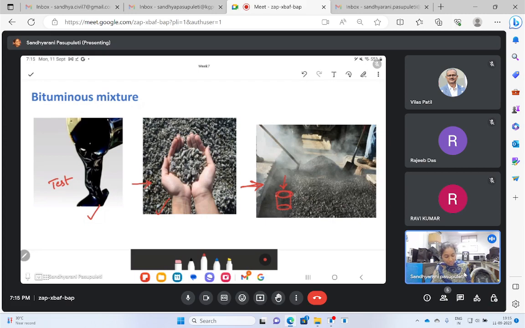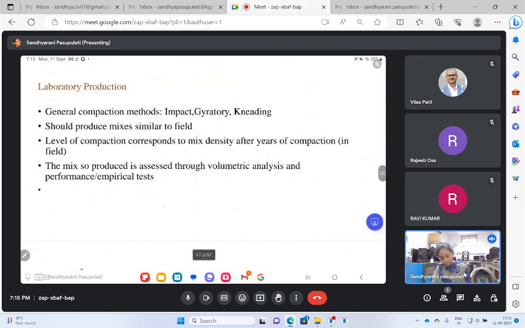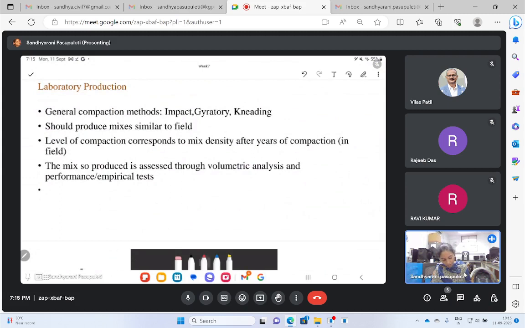If this specimen is able to take all those test conditions and the failure conditions, then we certify that this bituminous mixture is capable of taking all vehicular loads. This production we usually perform in the laboratory first, and the same can be executed or replicated in the field. So in the laboratory, when we compact this mixture, one kind of compaction we use is